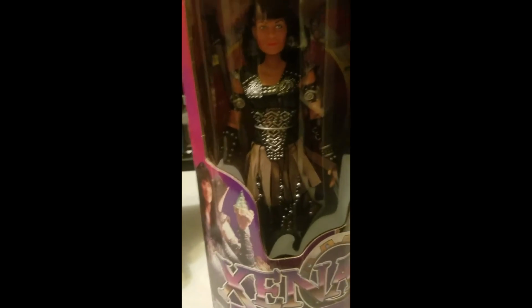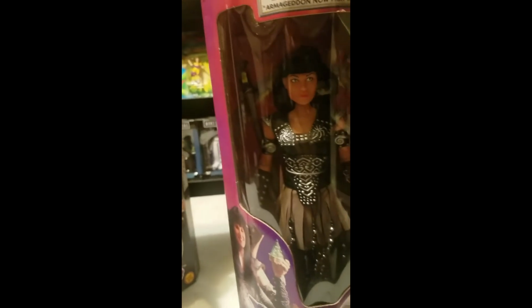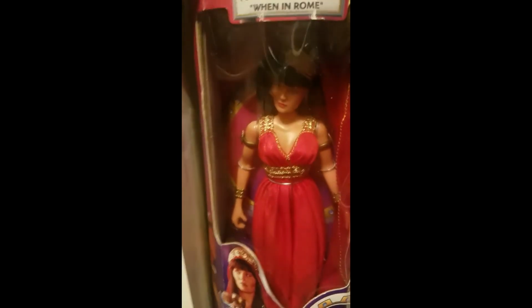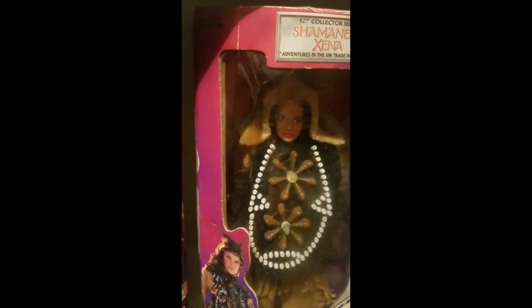Even if they just have to make Gabrielle and Xena, at least that's something new, and I think they would do a good job. But yeah, there's so many options. They could make Joxer. They could make all these different variants. You know, Ares. There's other gods in the show. They have Hades and Zeus, and if you wanted to just combine it with Hercules, you got Aeolus, and all the different gods and all the different heroes and all the different variations, and the Prince of Thieves, and